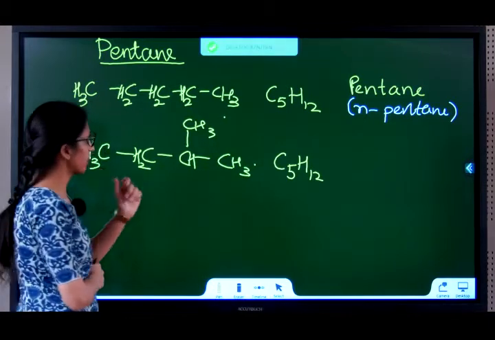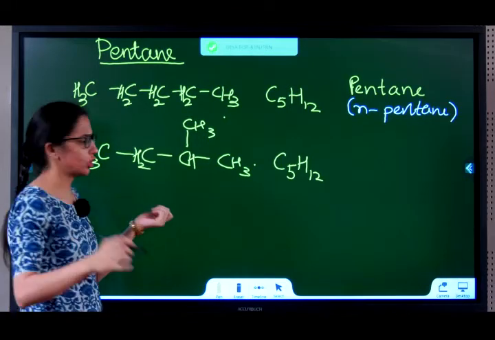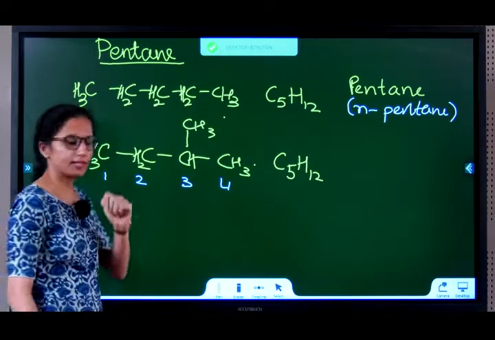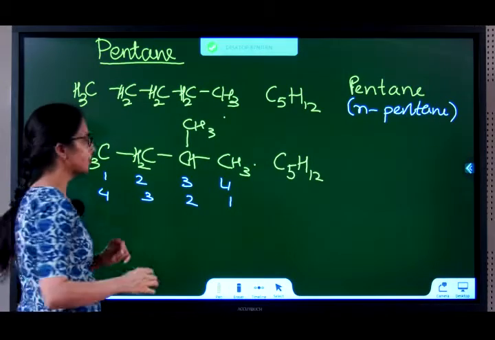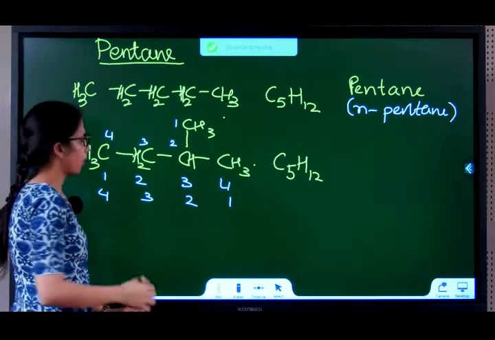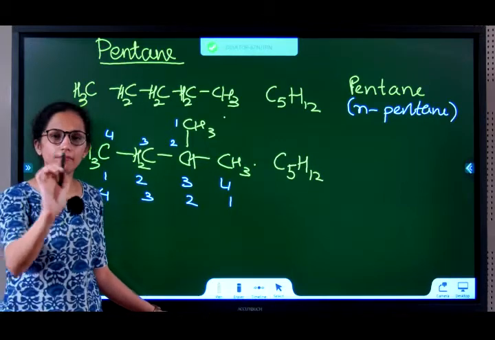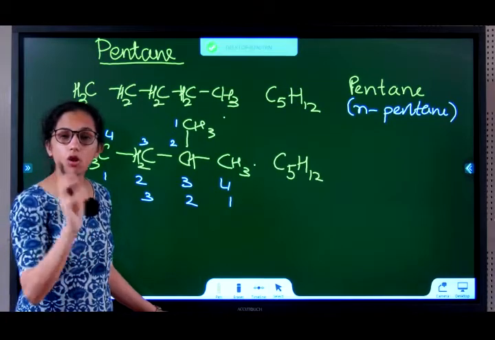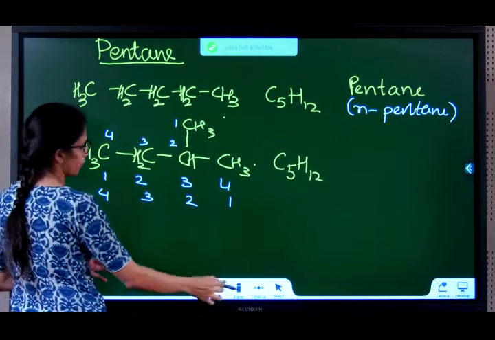My question to you here now is, what is the name of this compound? Select the longest carbon chain. I have one option as 1, 2, 3, 4, that's 4 carbon atoms, or my next option 1, 2, 3, 4, again 4 carbon atoms, or my next option 1, 2, 3, 4, or again 1, 2, 3, 4. I told you ordering, the number order can be according to you, like try different methods, but the group should get the lowest number. So if I take 1, 2, 3, 4, all of them are giving me 4, so I am going to leave this out.